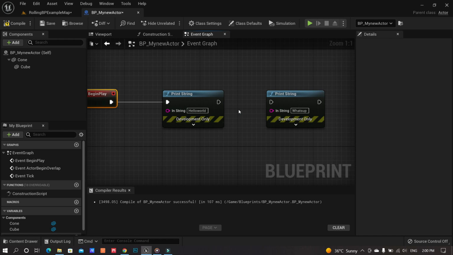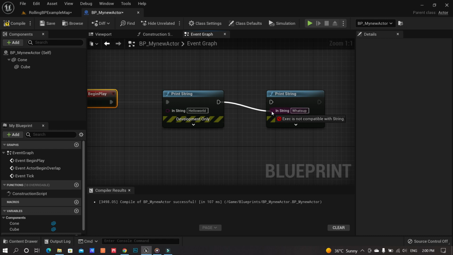However, one of the things which you really need to see and internalize is that once you bring the pin out of one of the nodes and try to connect to the other one, you will see this check mark, which is actually showing that this is a valid connection, that if you connect it, this print string will actually get executed. However, let's say you move it to the in string.